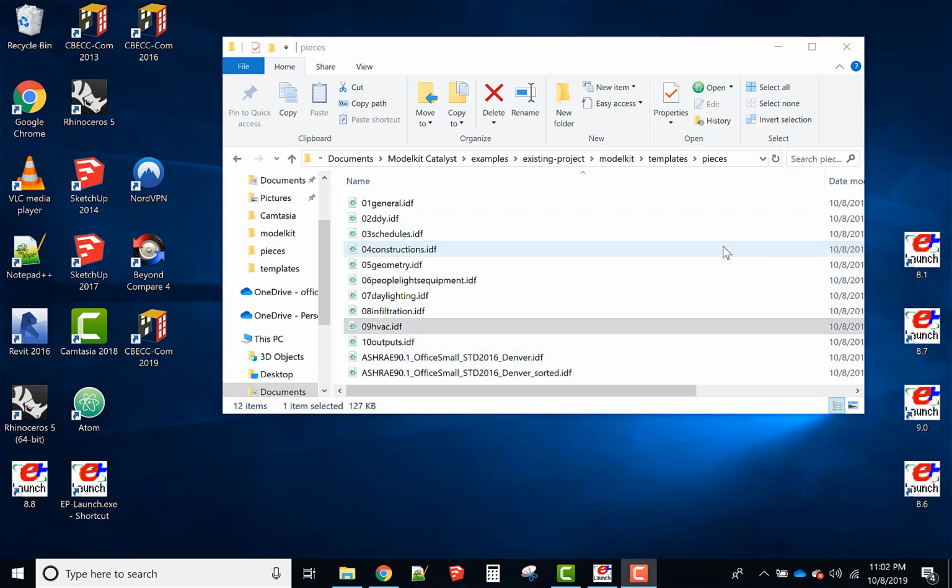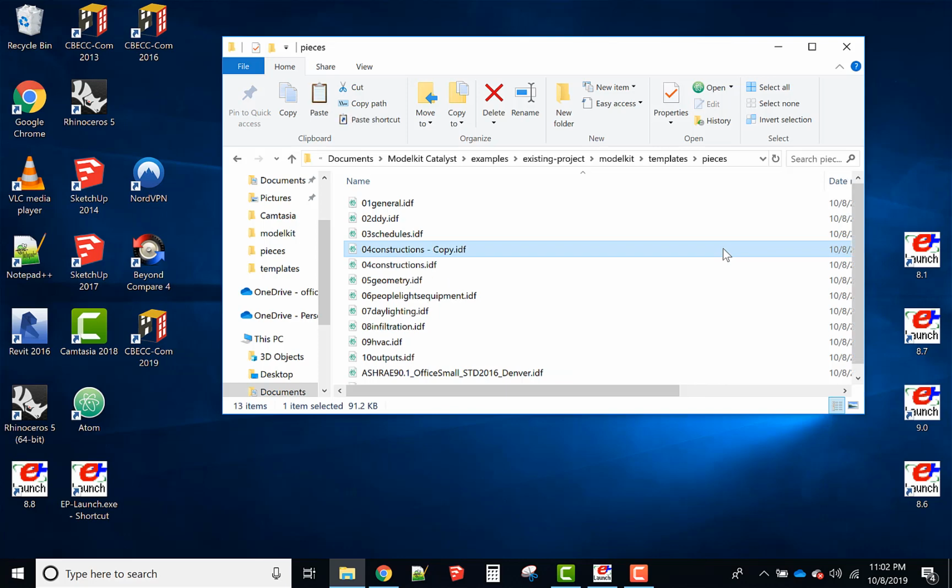So let's say that's the task you have to do: you have this model and you want to test out some different constructions, for example. So you want to parameterize some of the variables in the constructions. What I usually do is copy the IDF file and make a new version of it, and that way I always retain those original IDF file objects. I keep it 04 constructions, and then I just change the extension to PXT, which is